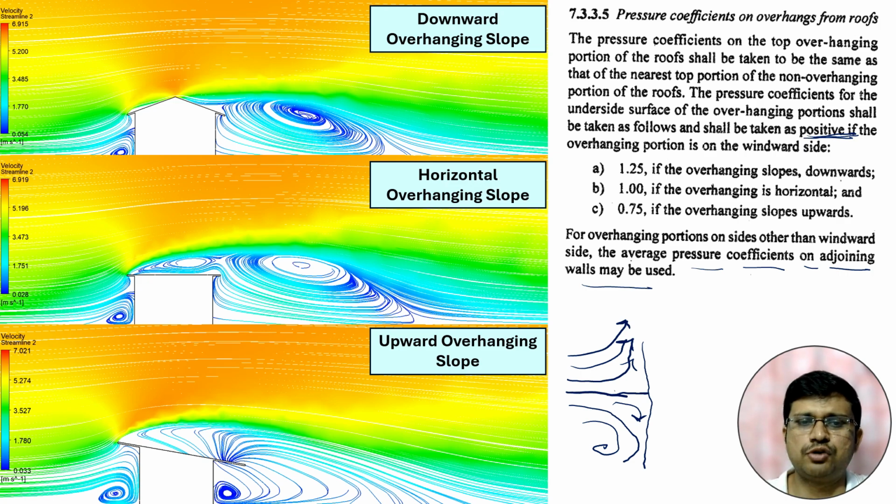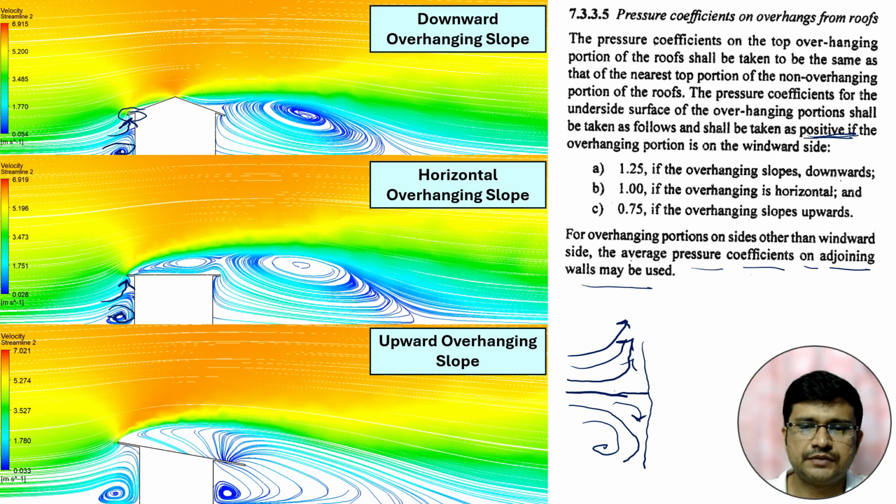Now this is the basic flow nature of wind. If we go to this figure, you will see that this point is almost the stagnation point, above which wind will move in the upward direction like this, and below which wind will move like this. Similarly for this figure also, this is the stagnation point; this wind will move like this, and here wind will move like this. So this upward flow will go and directly hit the overhanging portion of the